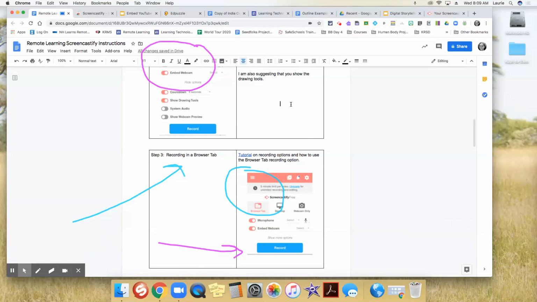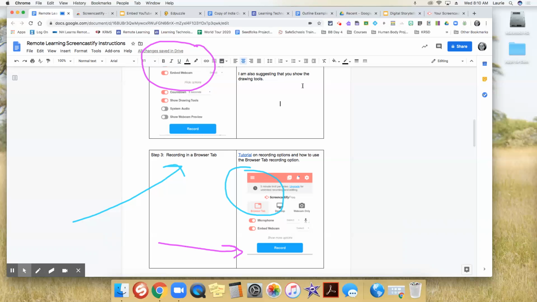So if you try to leave this browser tab, it's going to send you a message that you're recording in the background. And so this allows you to keep the focus just on this screen. The next thing I'm going to do is show you the desktop version, and that's if you're going to be clicking around in a lot of different things. You might want your whole desktop open, or it's because you're using a piece of software that's on your computer and you want to show that, and it's not something you can do in a web browser.